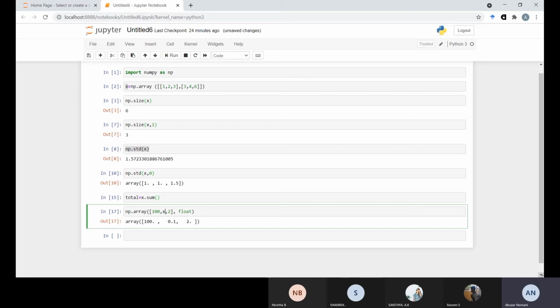One more example I will give you, to make things clearer. Suppose x1 is equal to, then put any array in between it, 1, 2, 3, 1, 3, and you can take any number, 20.0.